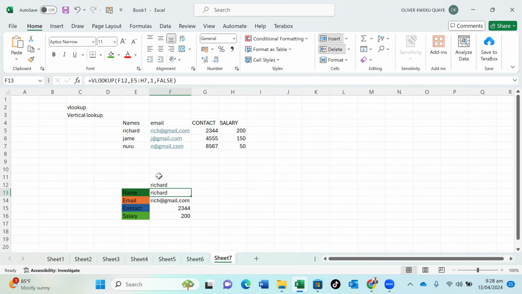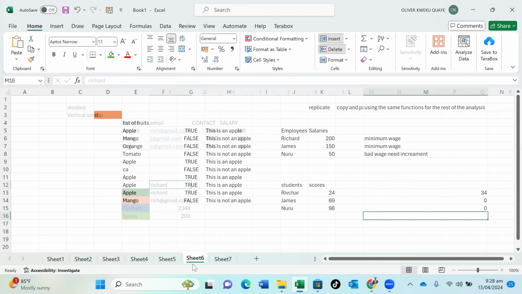And in looking for information for each and every one, what I would do is to configure my function. So after my function has been configured for Richard, now I can use that same function to replicate for James, and any information about James will pop up. Any information about Nero will pop up. So that is the magic of the VLOOKUP. And I think the last thing to look at here is the